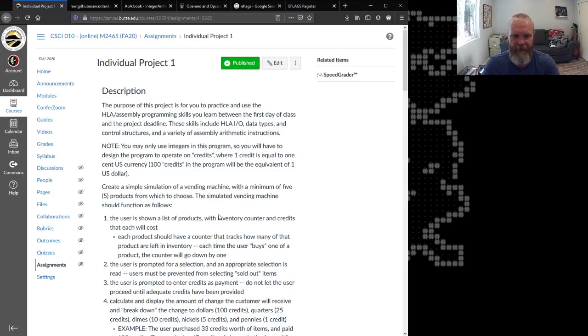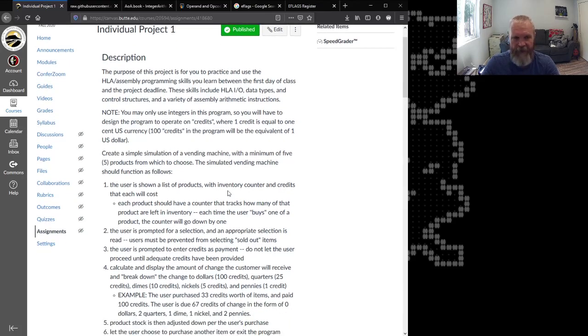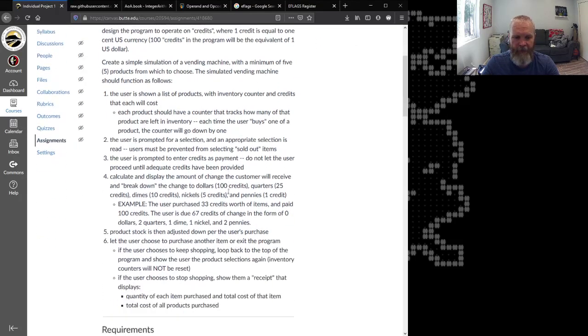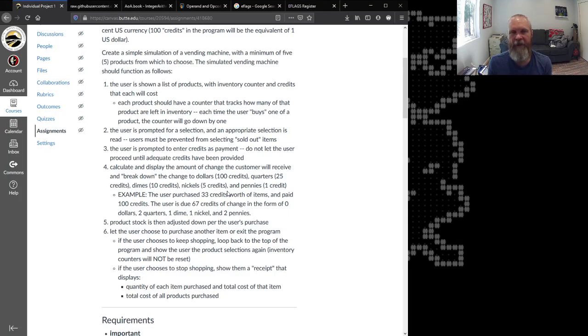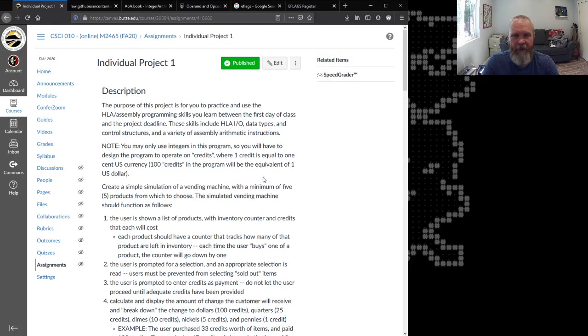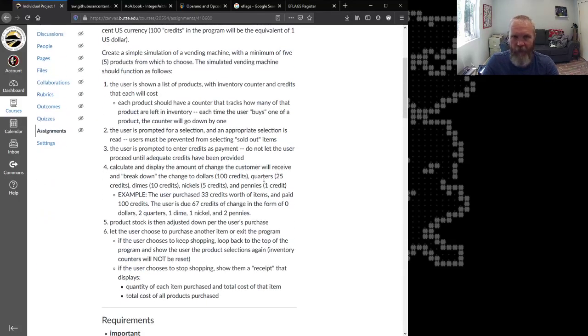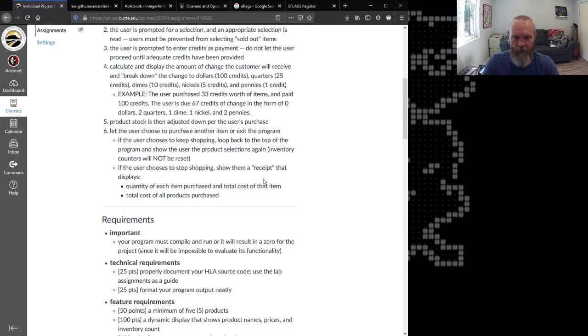That's the idea. Why we're doing this vending machine is because it allows us to use all of the skills that we've acquired, mostly up to this point, except for the change-making part, which we need something from next week. But basically what you need to do this project is you need to be able to write if statements, loops, create variables, and then do math, add, subtract, multiply, and divide to solve this individual project.